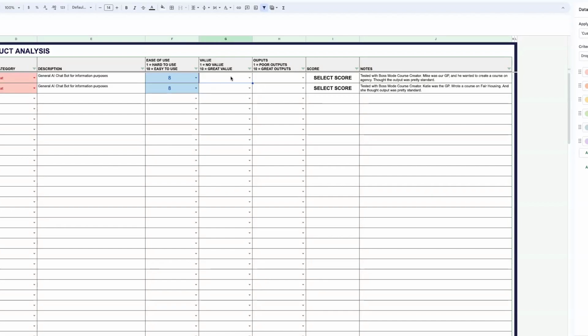Now, from a value standpoint, both are $20 a month, right? They both give you pretty much the same aspects of it. ChatGPT would give you some different features like the ability to use DALL-E and whatnot, but I'd probably rate the same here. They're both probably 9s in terms of their value, right? Now, in terms of their outputs, Katie, you said ChatGPT had a better outline in terms of what it output. What about the quality of the information?